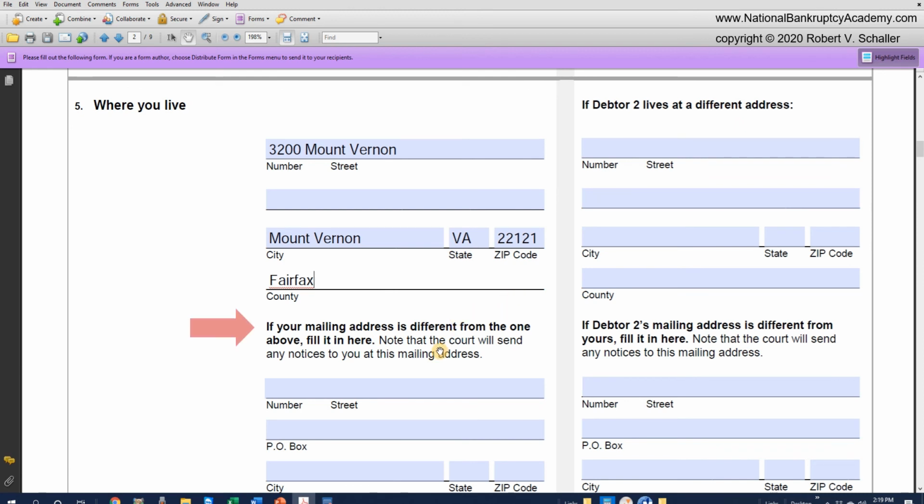Now notice the boxes below on line 5, the bottom boxes. The instructions say if your mailing address is different from the one above, fill it in here. So if the mailing address is the same as your residence, then you just leave this blank. But sometimes it's a different address. So for example, somebody might want to have important mail sent to a post office box, in which case they would then put that information here. So they're not claiming they live or reside at the post office, it's just where they want to get their mail. So let's assume in this example that he wants to send it